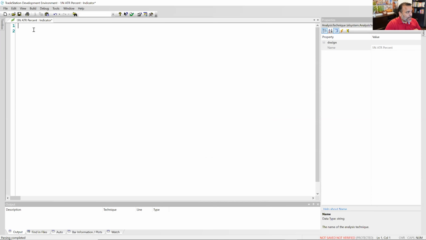ATR %. So what I do first is I copy or paste the formula that we've been talking about. And I copied and I pasted right there into the chat. But I'm going to add some other things because in EasyLanguage, when you create an indicator from scratch, you have to add some other